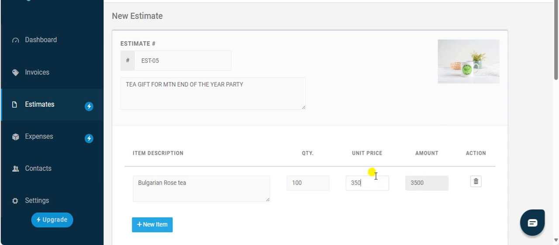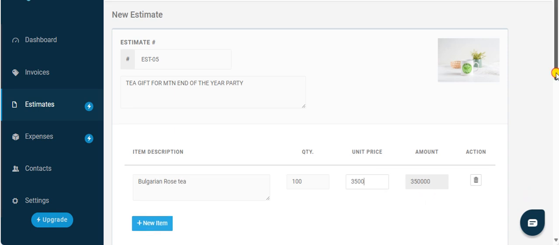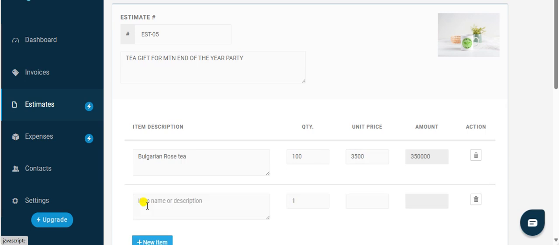Unit price is 3,500. All right. Okay, sorry about that, I jumped. Then you add new item. Let's give them up to 5 items. Then the next thing they are buying is